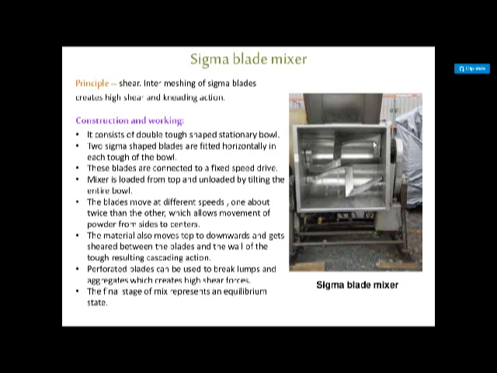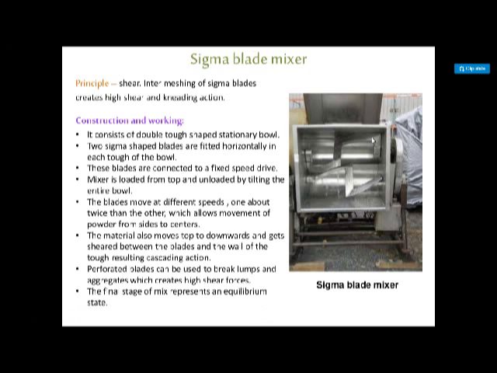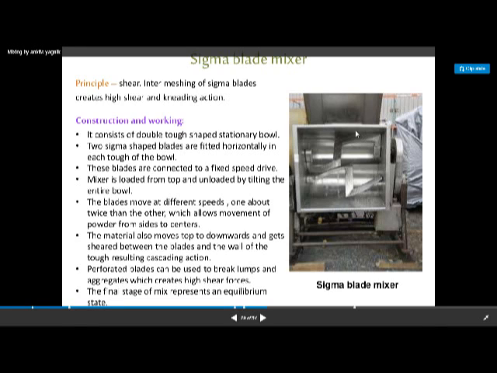It is also called a kneader as it gives a kneading action. Zeta blender, because it has Sigma-shaped or Z-shaped blades. Sigma blade mixer, double arm mixer, these are the various names. In the examination you may be asked to give the construction and working of the zeta blender, or the kneader. So you have to write this Sigma blade mixer. Now let us discuss the construction of this equipment.